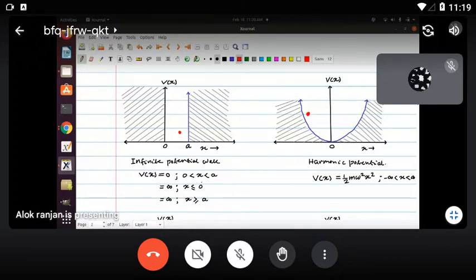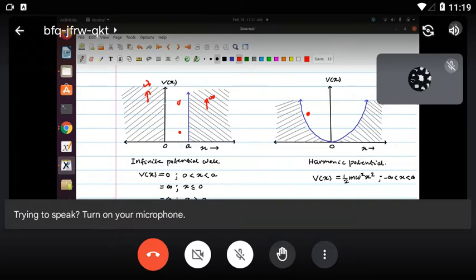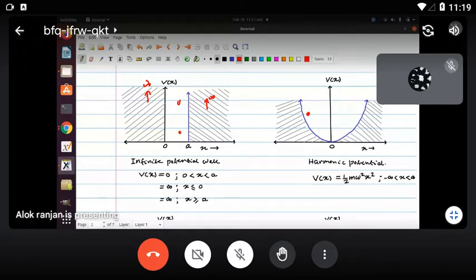And the mathematical representation is like this. Within 0 to a, the potential energy is 0, and when x is less than or equal to 0, in this region the potential energy is infinity, and for x greater than or equal to a it is also infinity. And here it's 0. So as I said, whether you are looking from the top or from the bottom, you'll see infinite height or infinite depth. Therefore, one can say the particle is trapped inside an infinite potential well.